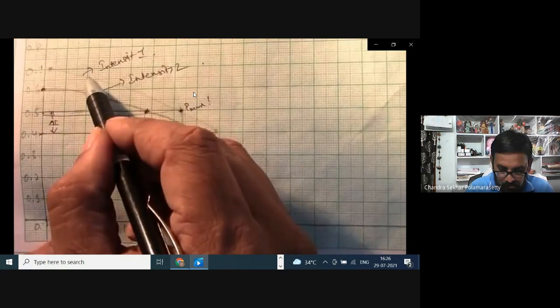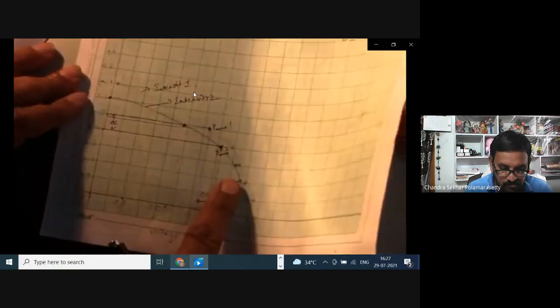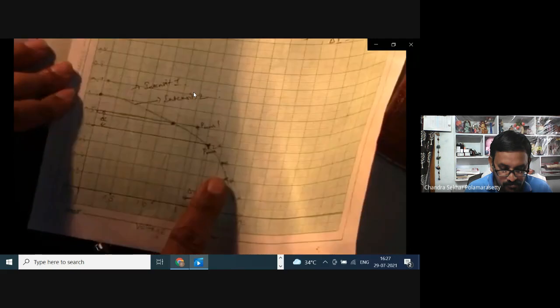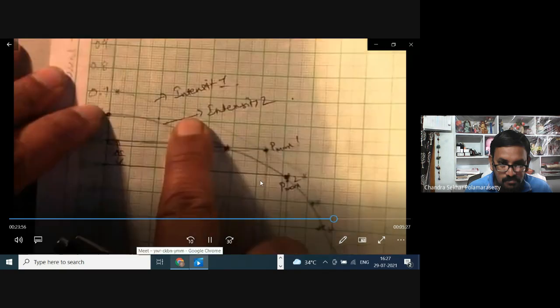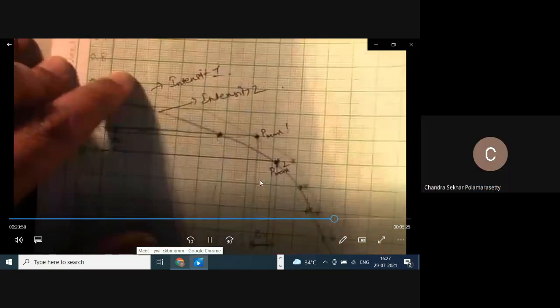So how to get zero current? Offer more amount of resistance. How to offer more amount of resistance? Simply remove the resistance from the load resistor. So it offers infinite amount of resistance. Now voltage is maximum in the circuit. This voltage at which the current is zero is called as what? Open circuit voltage. It is 2.91 volts.